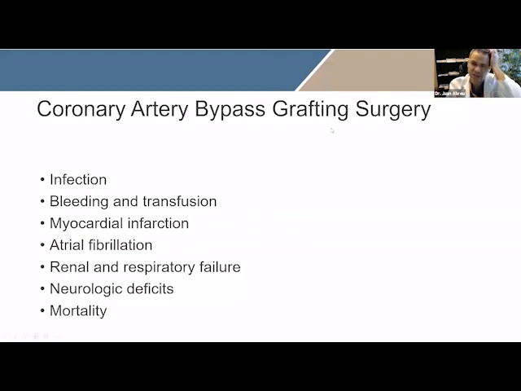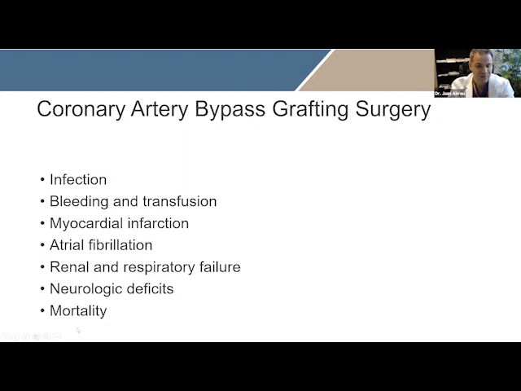So I tell my patients it's never zero, but we have had many studies. This has been very well published about stroke, heart attack, and the possibility of death of bypass surgery compared to other techniques to restore your blood flow. And in general, for some patients, bypass surgery is still superior to other therapies.